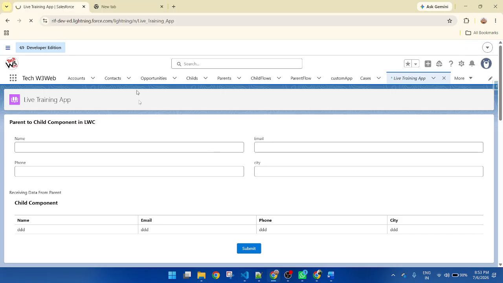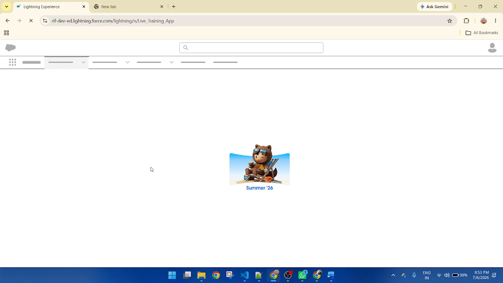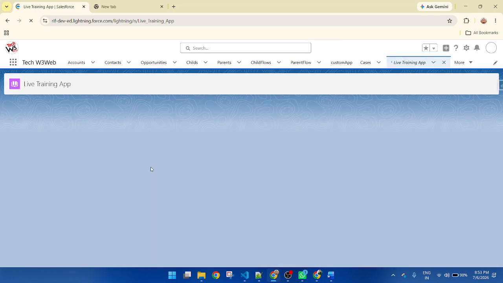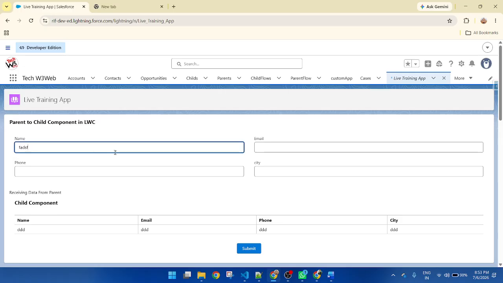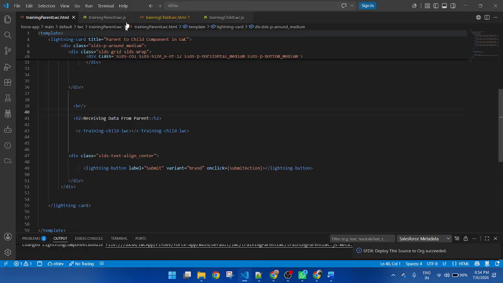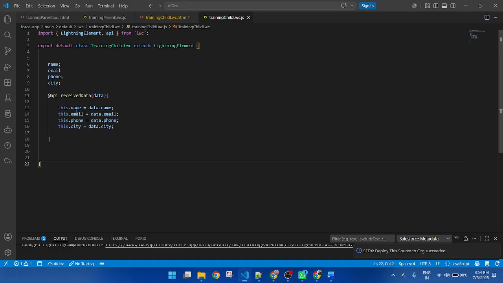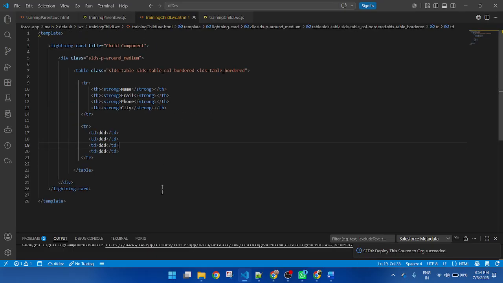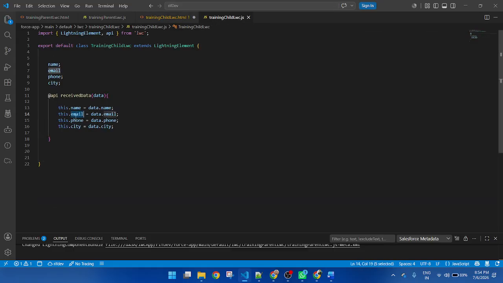Now refresh. Still, when I click on the button, it will not receive data. Why? Because I am not calling the variable. So now I need to call this variable in the table. Copy here. This is name, so pass the variable name. Now email.